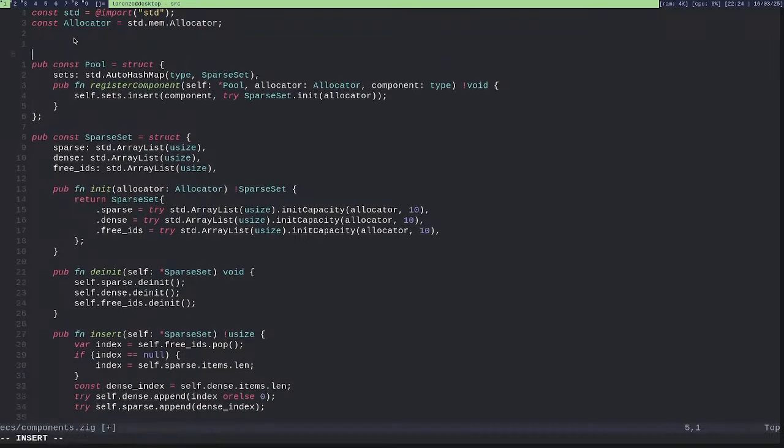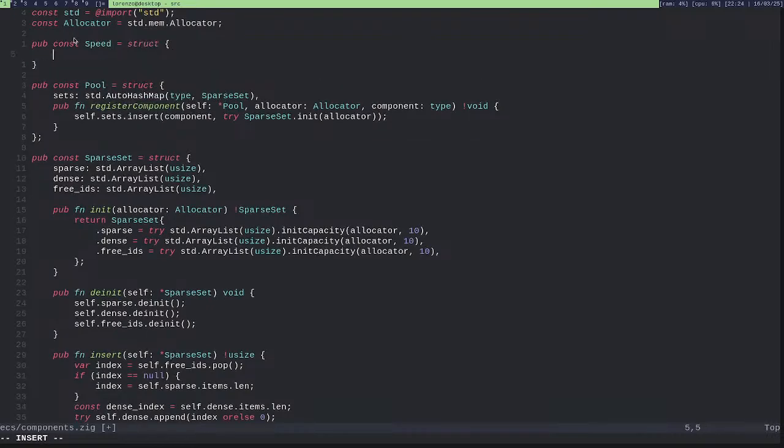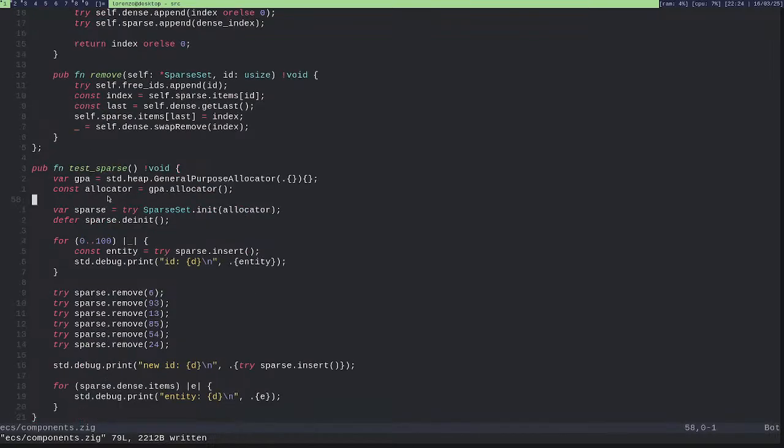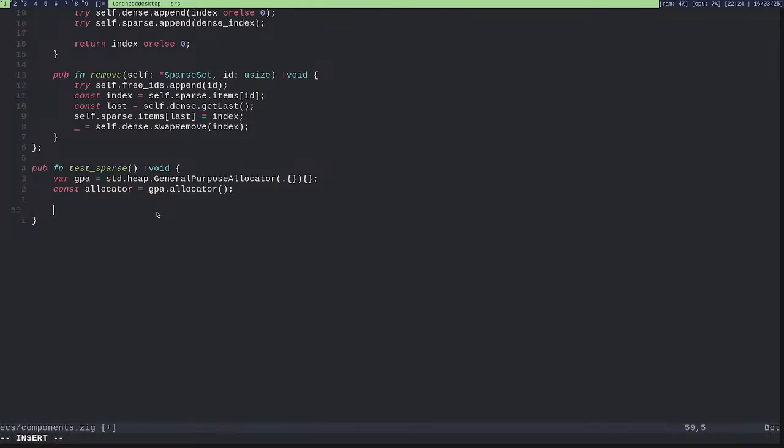Okay, let's create some. Like, I will create a speed component. And here I will just create a new pool.